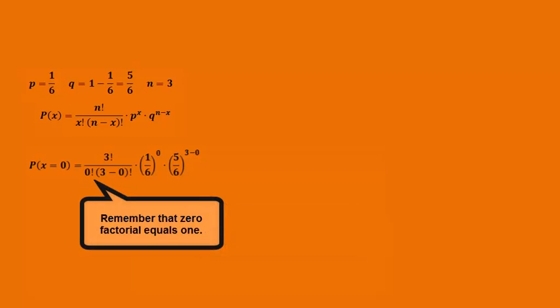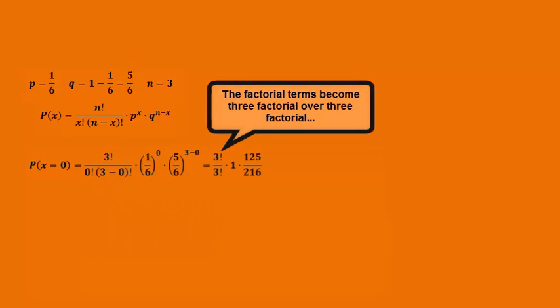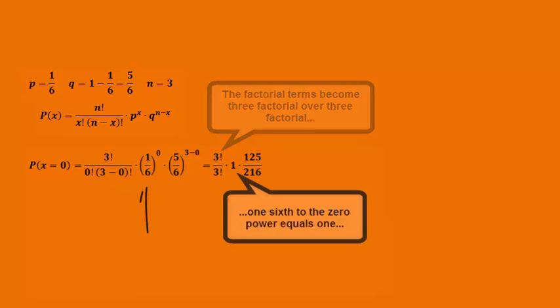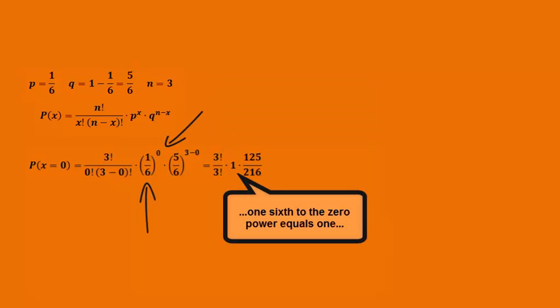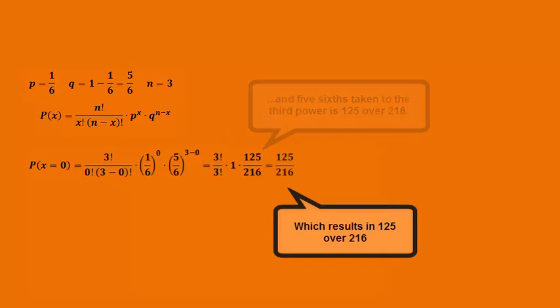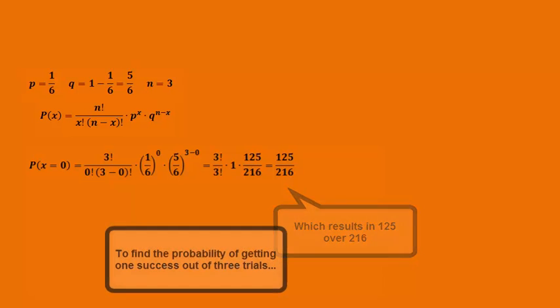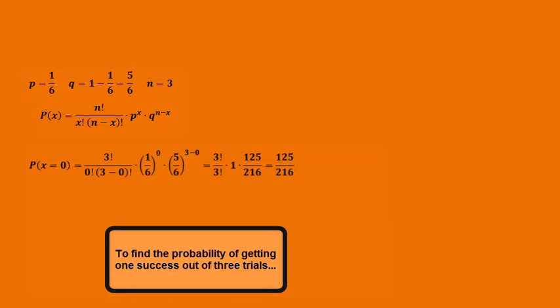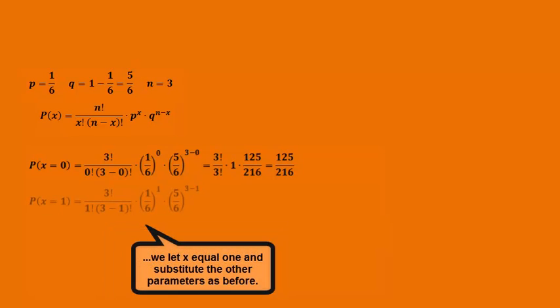Remember that 0 factorial equals 1. The factorial terms become 3 factorial over 3 factorial. 1/6 to the 0 power equals 1, and 5/6 taken to the 3rd power is 125 over 216. To find the probability of getting 1 success out of 3 trials, we let X equal